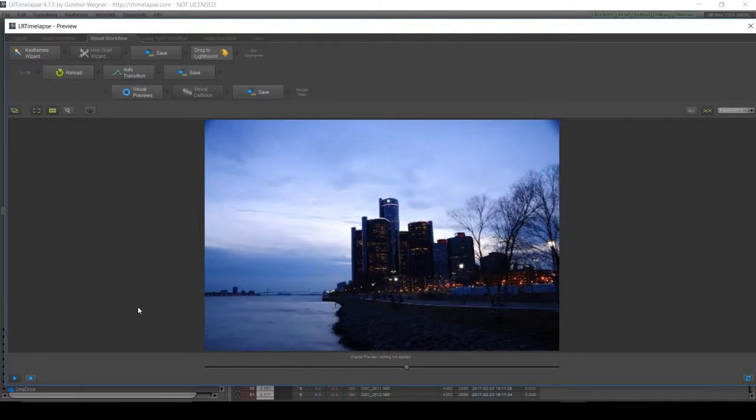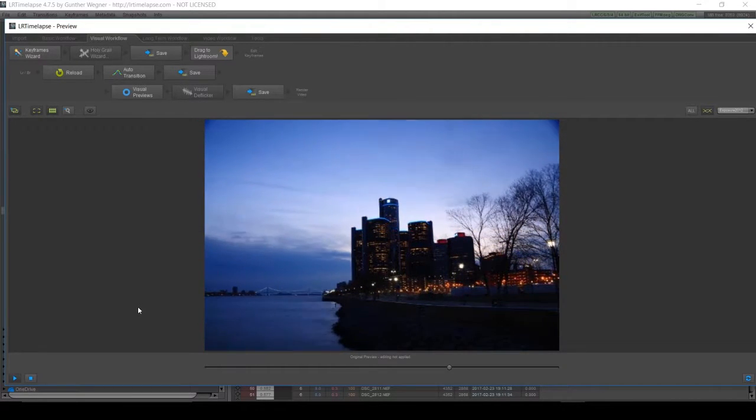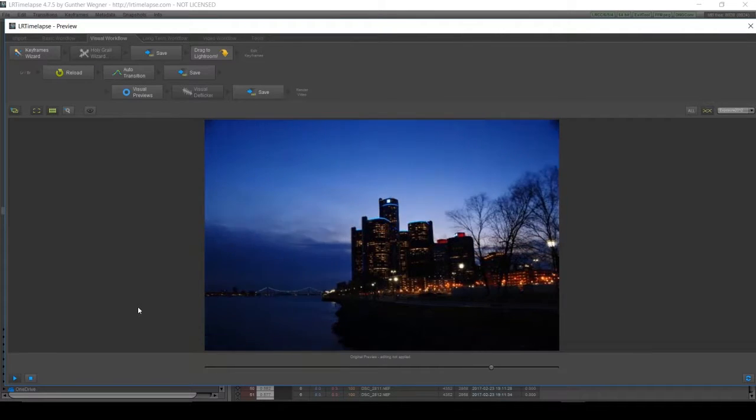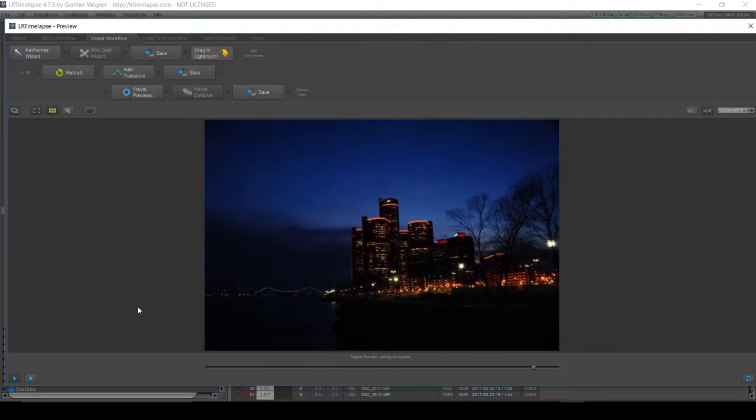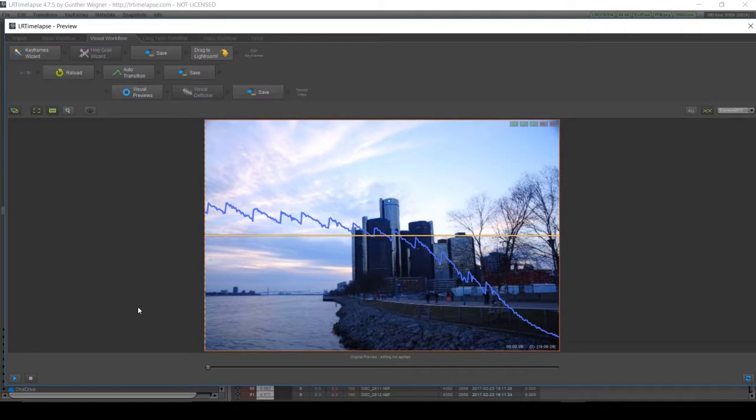And I don't know how well you can see it on your screen, but there's all kinds of flickering going on and all kinds of light spikes, and each of those light spikes is where I made a shutter adjustment on the camera to compensate for that changing of the light. And we're going to use LRTimelapse and Lightroom together to compensate for that changing of the light and smooth out